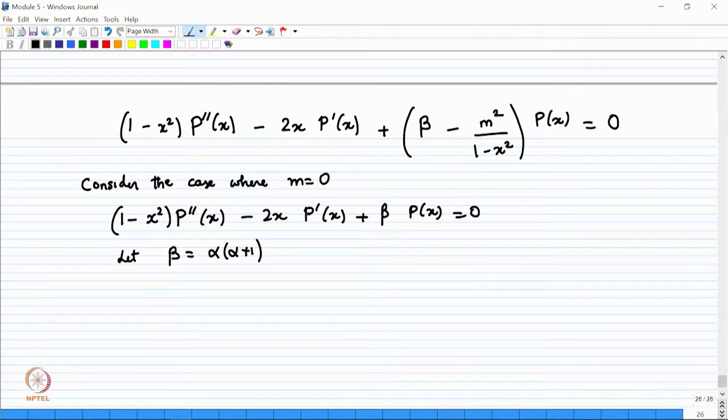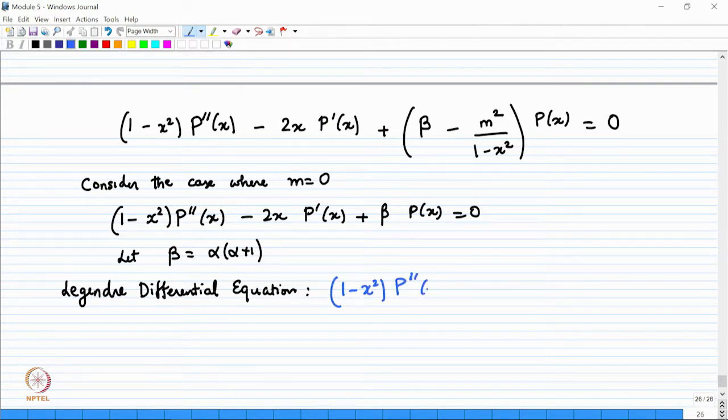If you let this form, then what you get is called the Legendre differential equation. This turns out to be a very famous differential equation in engineering, discovered many centuries ago: 1 minus x square p double prime of x minus 2 x p prime of x plus alpha times alpha plus